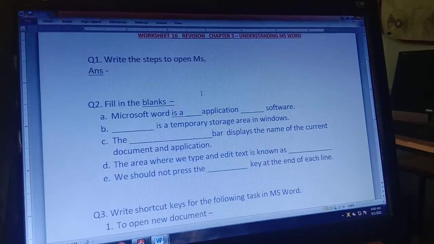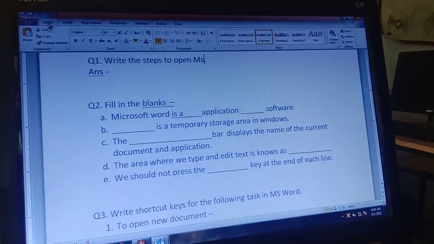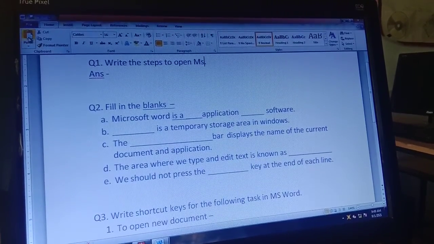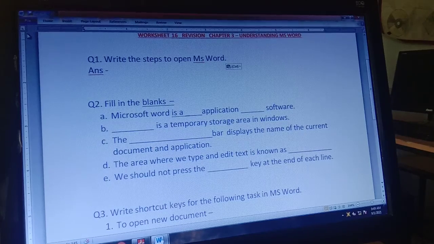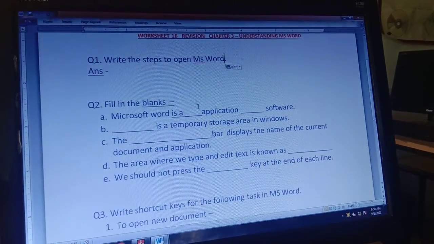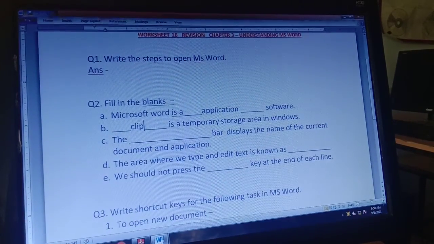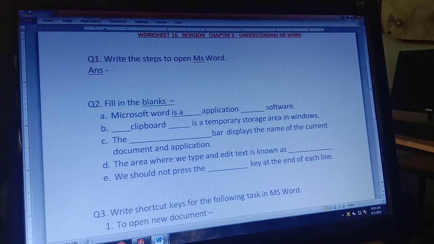And if I paste, with Control and V, or we can press paste from here also, as I paste, it will come back from the clipboard. I hope you all have learned this. Here the answer will be clipboard. Clear to everyone?